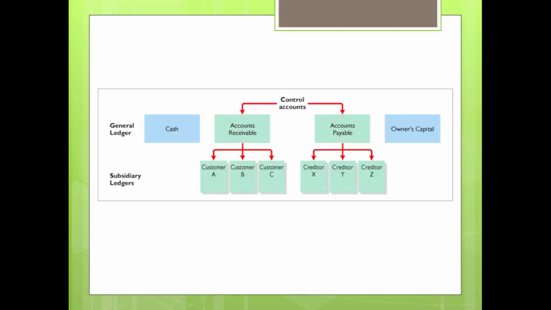So notice that on this illustration, the accounts receivable and accounts payable are known as control accounts. Okay? And also notice that cash and owner's capital in blue is not a control account. This is because there's no subsidiary ledger accounts related to these accounts. Okay? So these are what you know when you posted general ledgers for accounts receivable, you did it in general